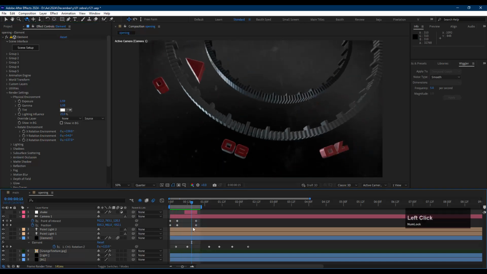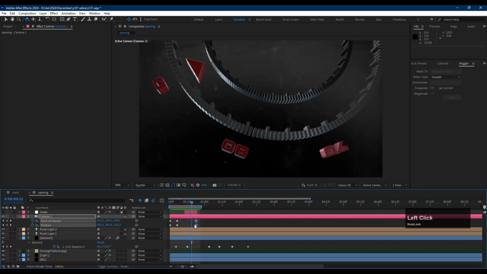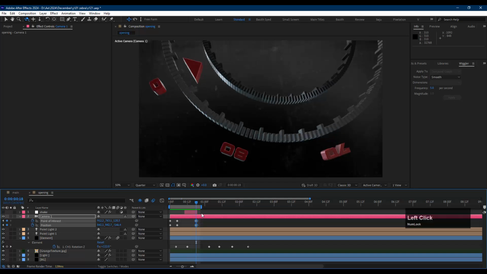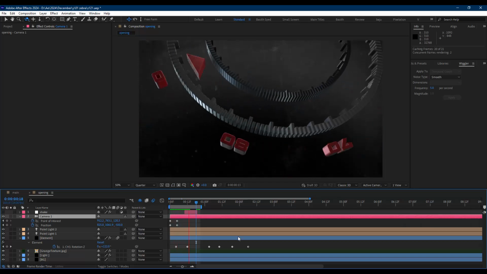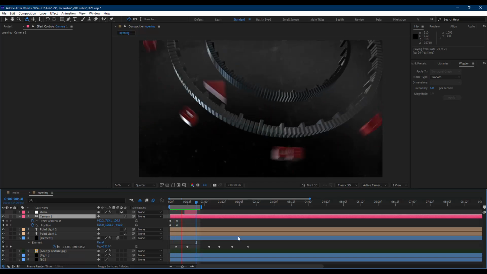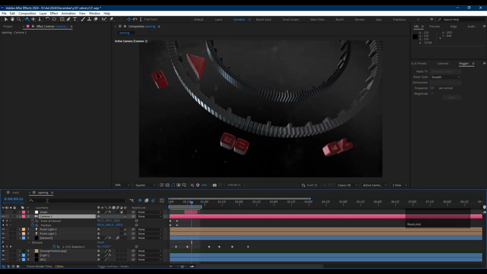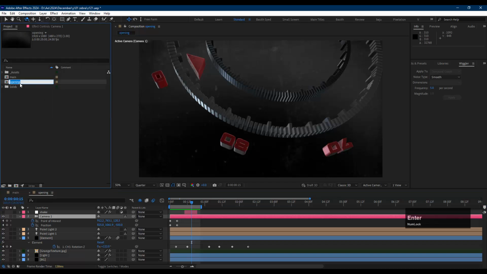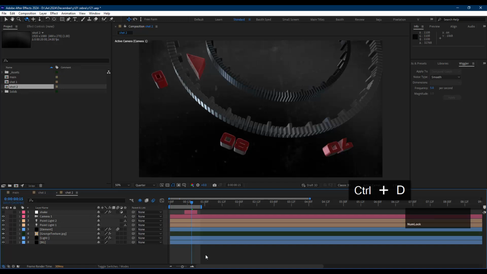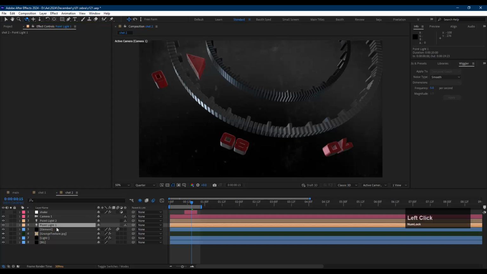I think we have created an extra keyframe. We can edit it. Let's play. I think it's alright. Let's rename this composition. Let's call this short one, and then let's duplicate it and double click to open it, and then this is a separate shot, and this open element 3D,